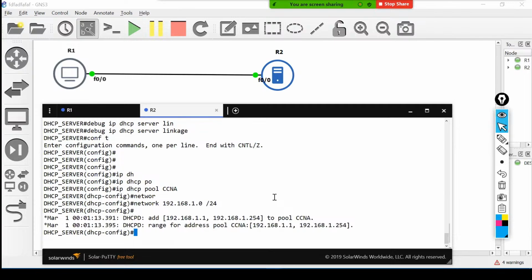What happened? If you see this output, this is one pool, and the pool name is CCNA. In this pool, what am I going to allocate?